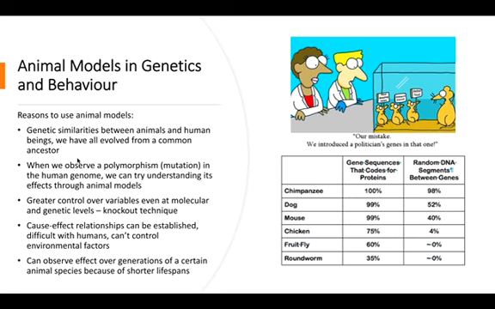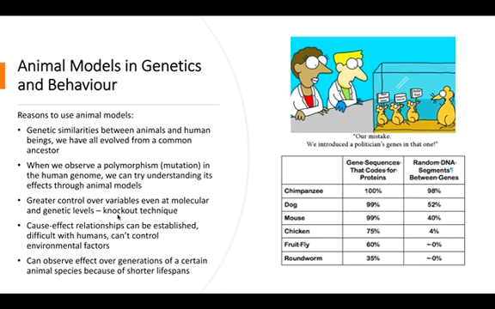Okay, so one very good reason to use animals in our understanding or research of genetics and behavior is when we observe a polymorphism, which is basically a mutation, okay, in the human genome. So if, for example, we sense there's a mutation with the 5-HTT gene,